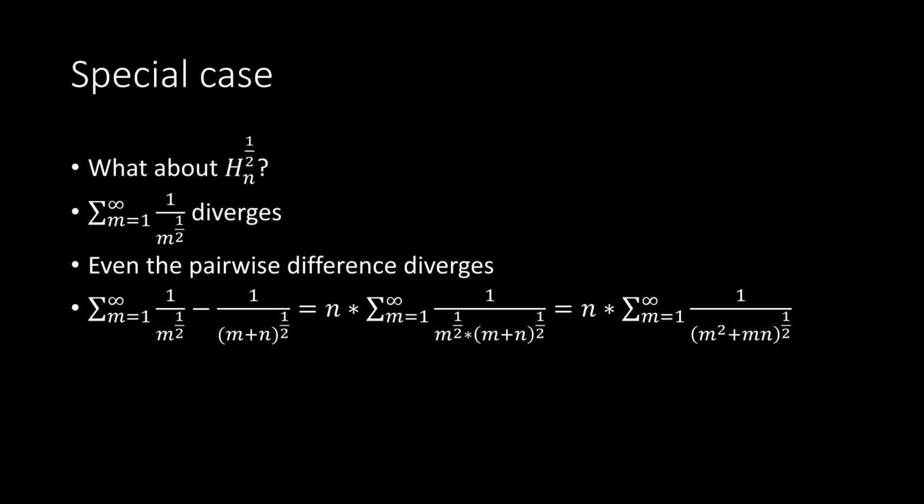And this will result in a quadratic series, which is converging very nicely. Unfortunately though, 1/2 is the very last case. So everything larger than 1/2, like 3/3 or 2/3, it will always converge. But here the pairwise difference does not work as well, which is very sad,